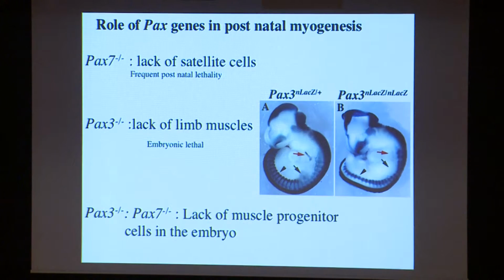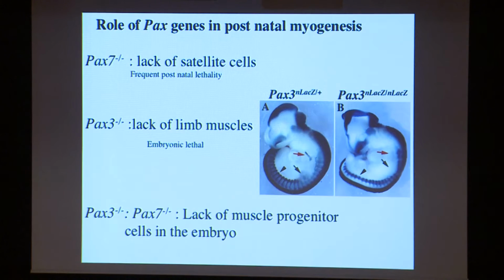We might eventually come back to this point, but this is a very interesting observation that was at the origin of a lot of studies and that were very useful. In the double mutant, PAX3 PAX7, there is no progenitor, the situation is simple. So probably these genes are acting upstream of the MRF, myogenin, MyoD family that I was talking about before, and are playing a critical role for what we see as the specification of the muscle lineage in